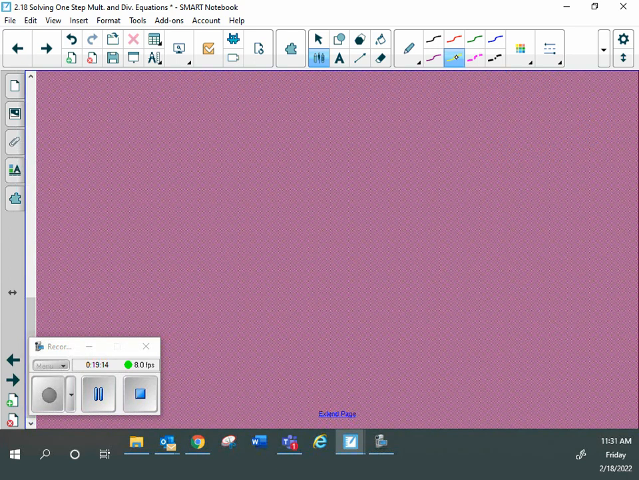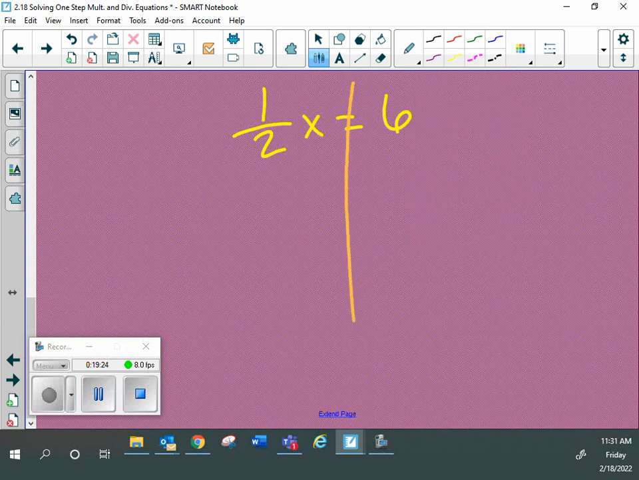Okay, so again, our problem was 1/2 x is equal to 6. Do we agree with that? Yes. What operation is happening to x? It is getting multiplied. Do we agree? Yes. In order to undo multiplication, what operation? We do division. So again, just watch how I'm writing it. It's not going to make sense. I need to divide by 1/2. Whatever I do to one side,